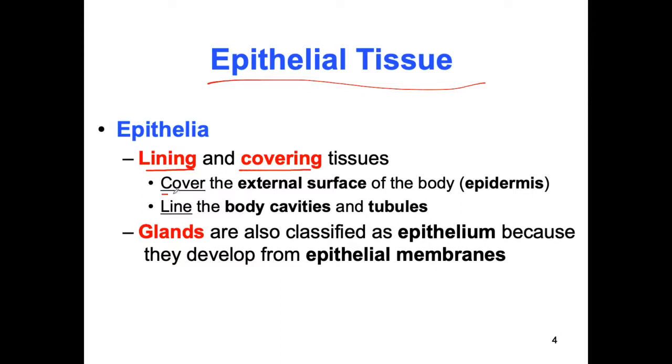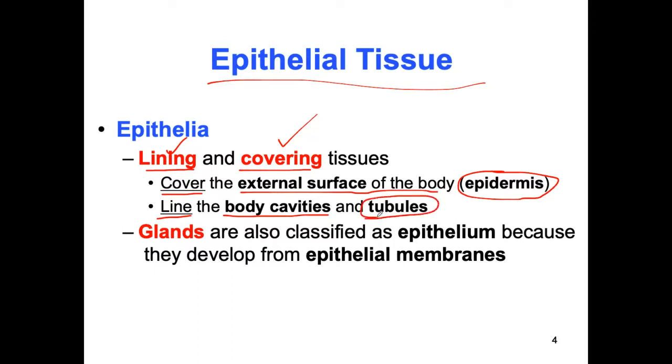So when we think of covering, I think of parts of the skin like the epidermis, the external layer of the skin, right? It covers the external surface of the body. That's a covering. When we talk about a lining, epithelium can line body cavities. Remember that from a previous lecture? We talked about body cavities like the abdominal cavity, the cardiac cavity, the peritoneal cavity,